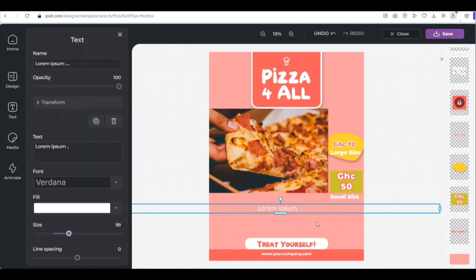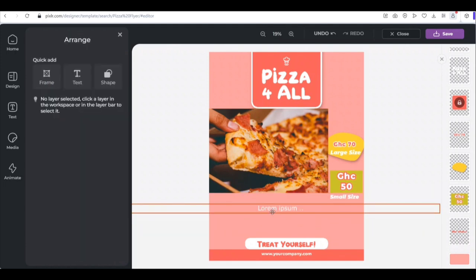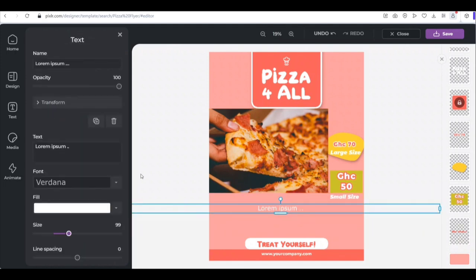So we click on it again. Let me show you again. You click once on it. Then you come to the left side, you find test. Click just after the end of the test and then delete or clean it and then have your phone number. So we're going to have our phone number there,